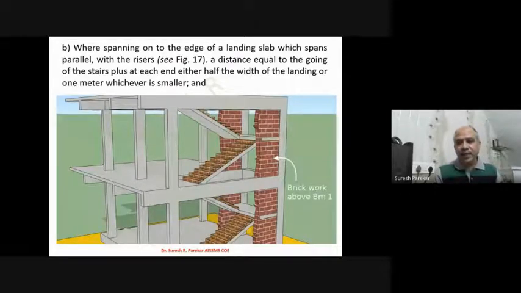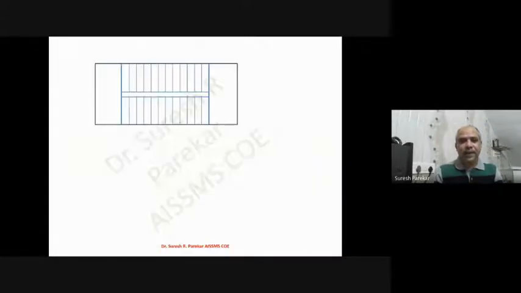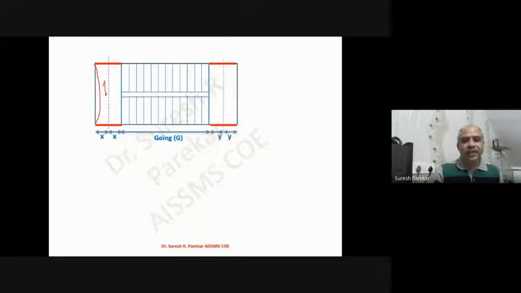Now you can see this, my landing slab is supported on walls. So landing slab is in this way, and therefore in this case my main reinforcement will be in this direction. So I have this as one base slab. Now we cannot go as this is smaller one, no, because this is supported on this side, and therefore bending moment we have along this, and therefore we have to provide reinforcement parallel to this side, and see how this will be as per IS code.